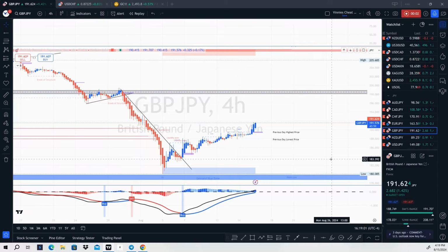All right. So, as you know, we've been doing the 25 pip challenge. So, I want to give you guys an update about what's going on, right? I also want to tell you about my new MACD indicator for the cheat code. So, let's get into it. So, let's take a look at